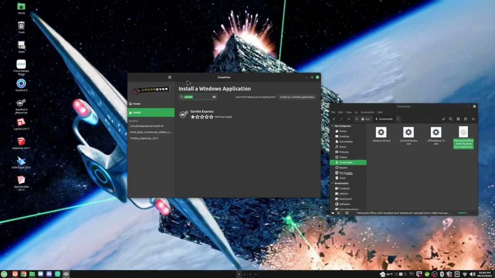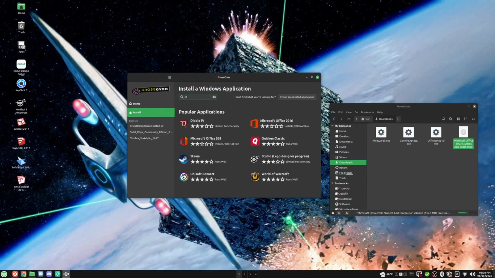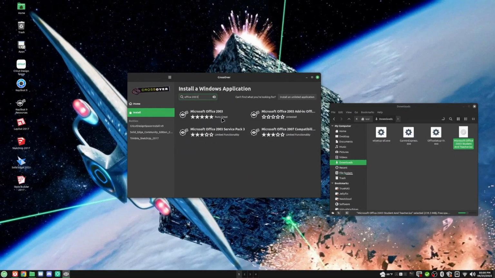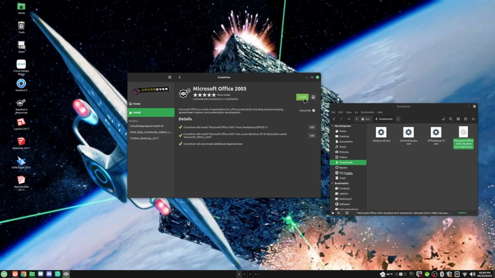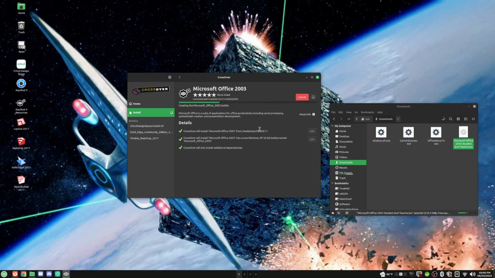If I go to install Microsoft Office 2003, because maybe you have some old spreadsheets or whatnot that need an older version of Microsoft Office. I do have these set up for Office 2019. It says it doesn't work. I don't feel like trying to figure that out today, but say you've got a copy of Office 2003 and